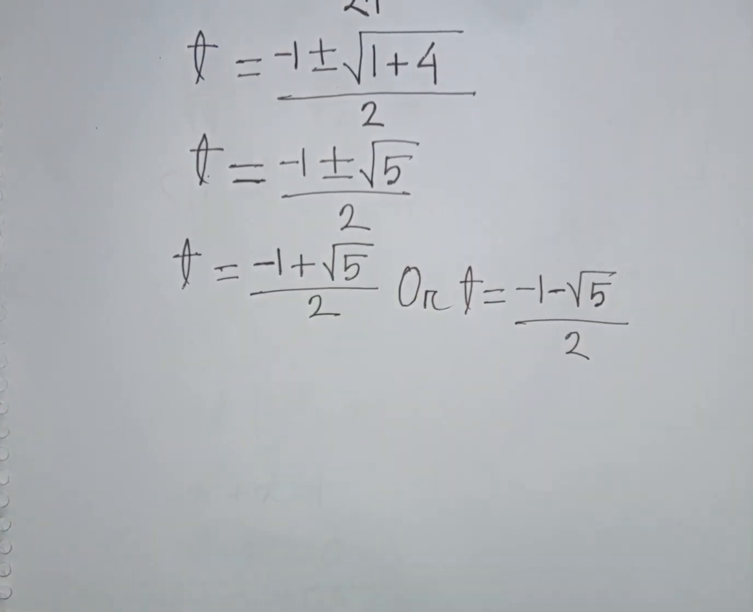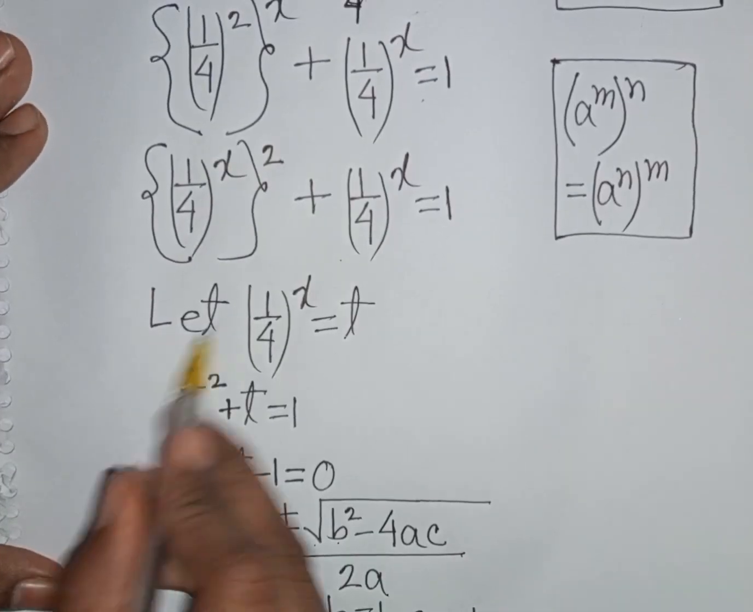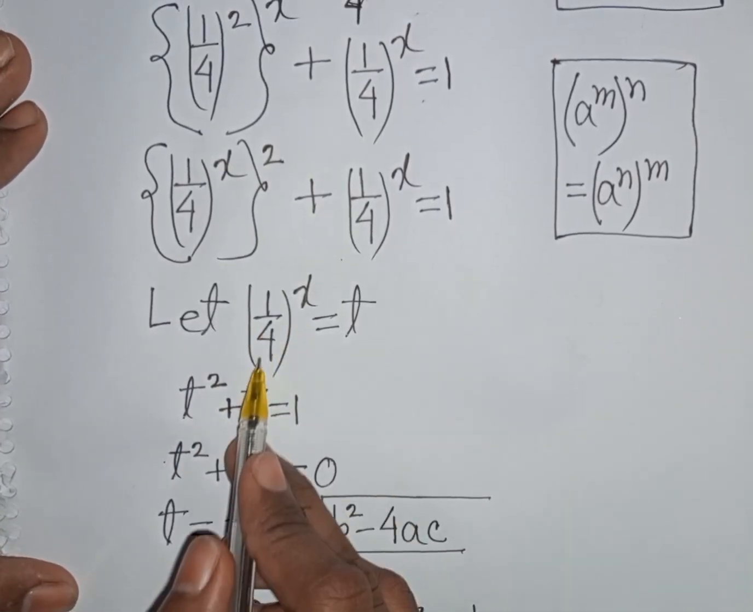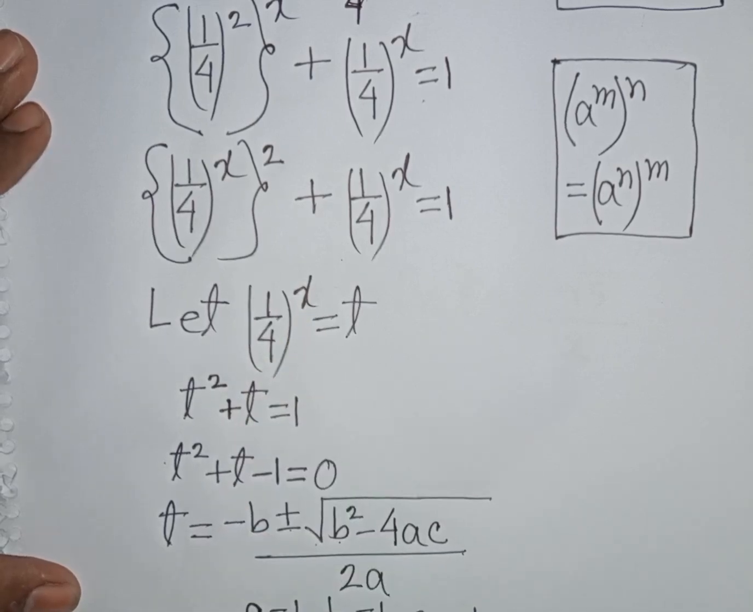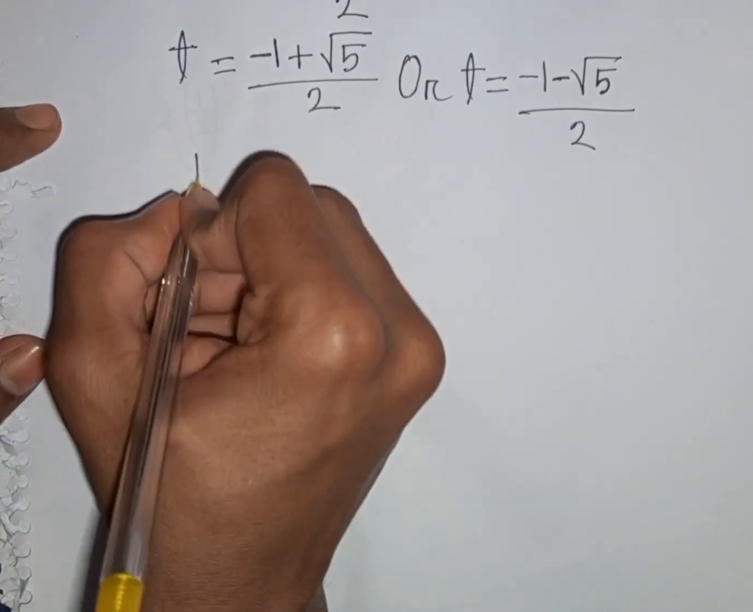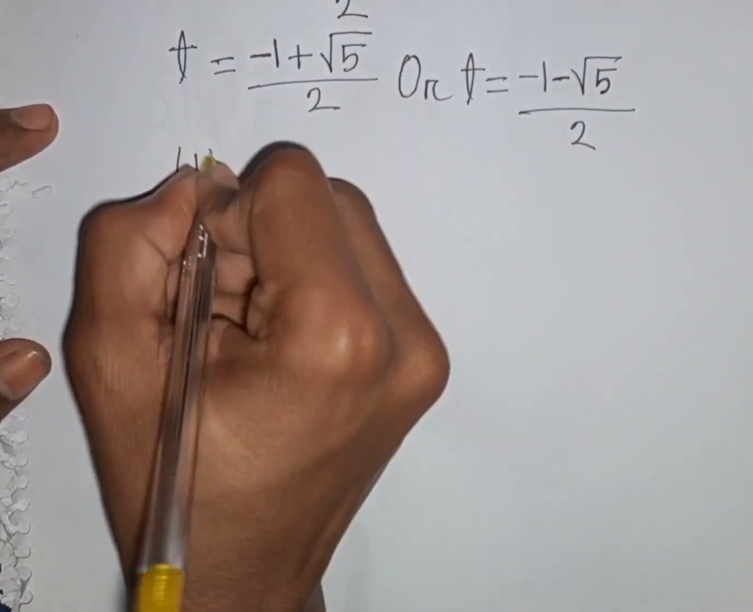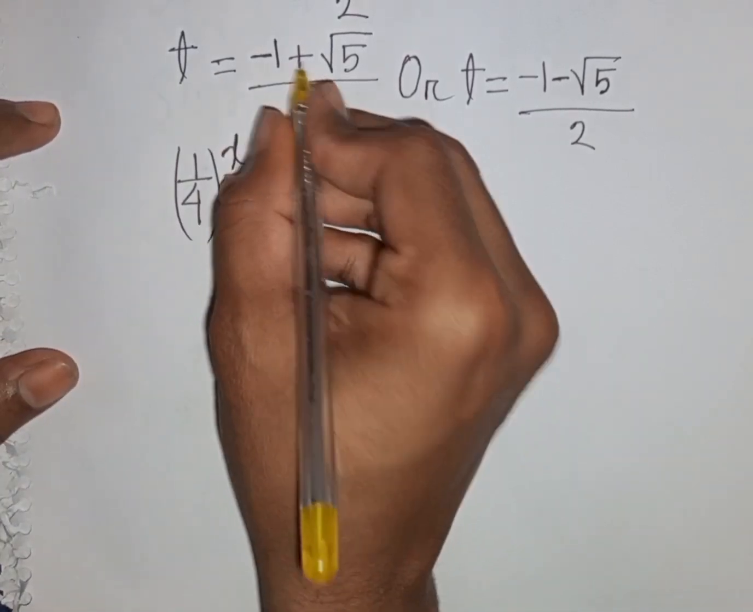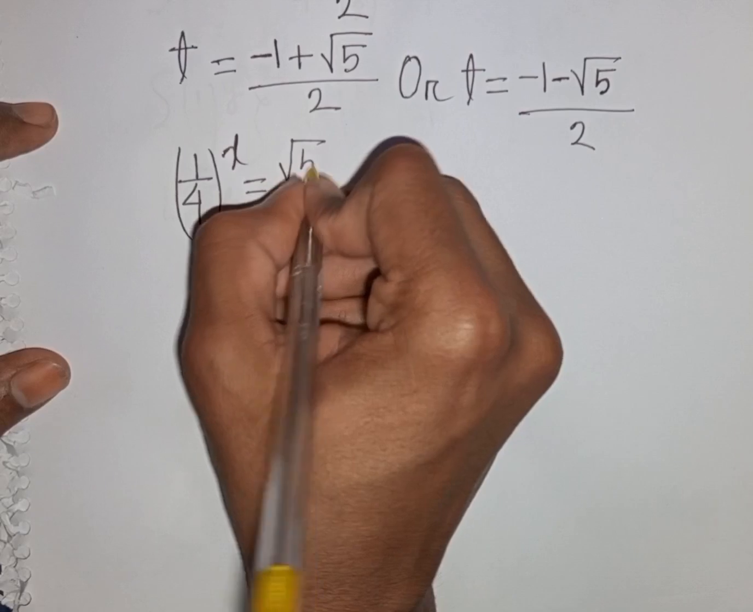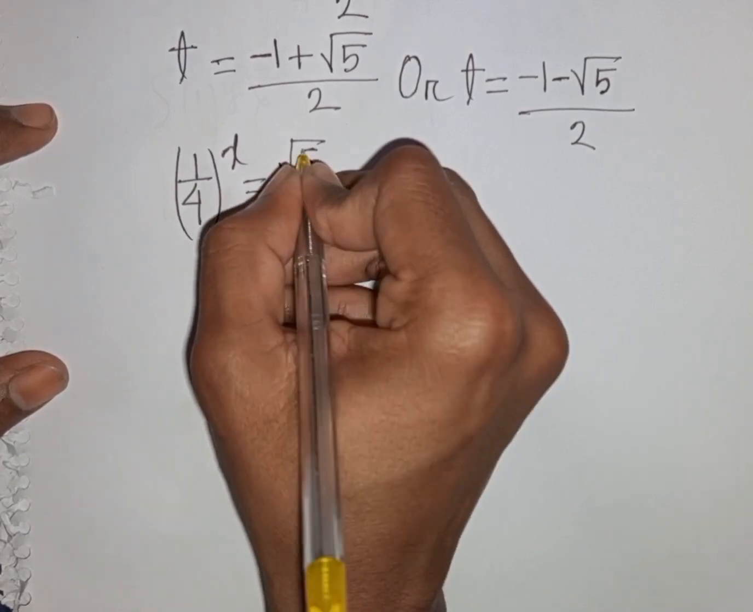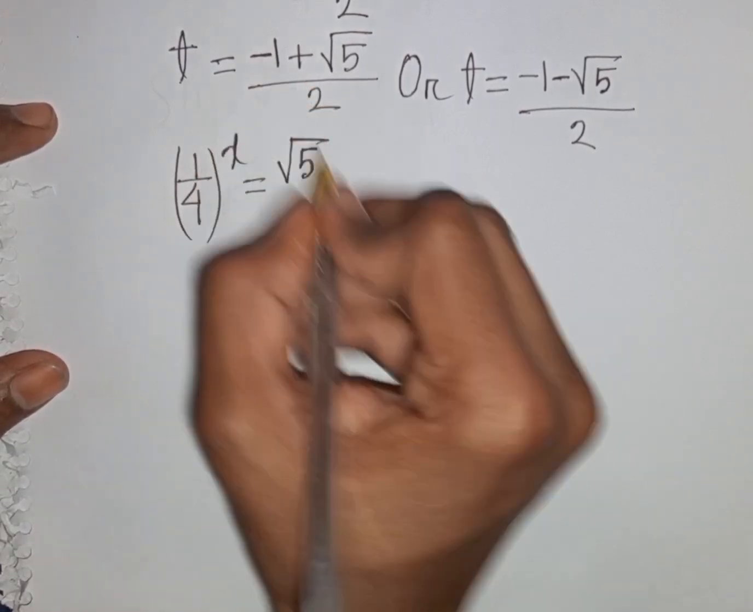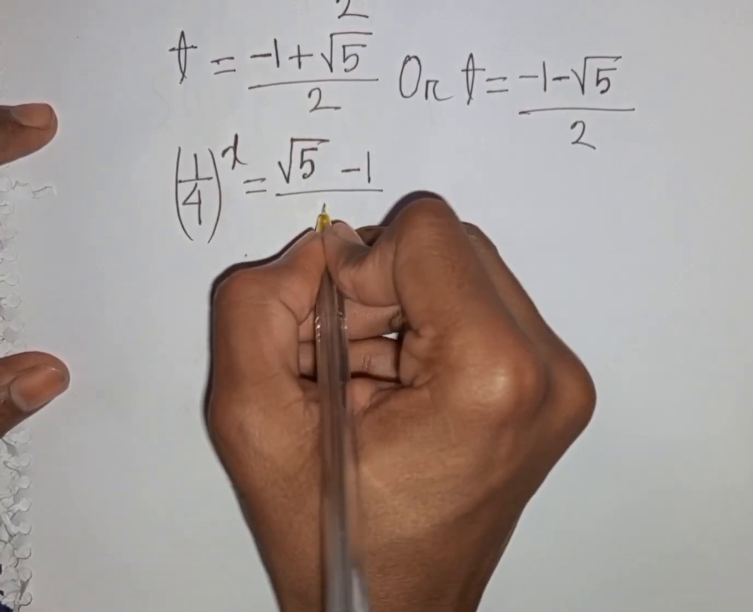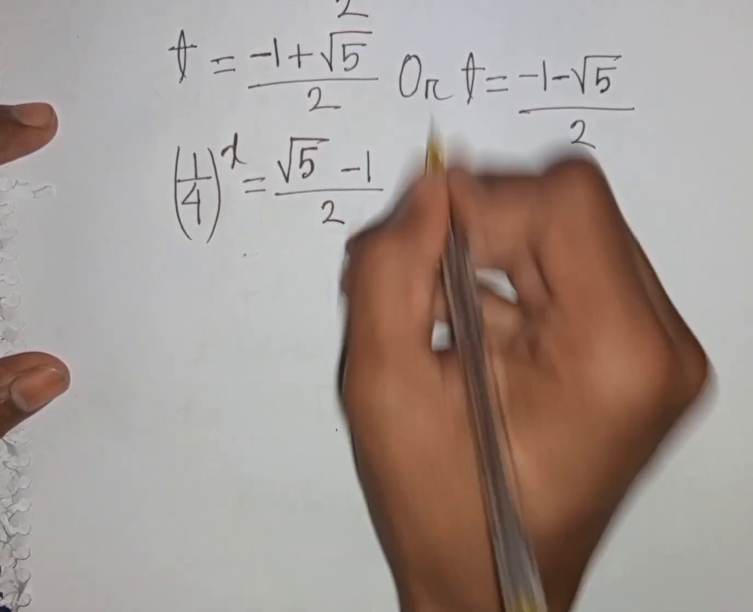Now, remember that we let (1/4)^x be substituted by t. So t means (1/4)^x. So (1/4)^x is equal to plus square root of 5 minus 1, divided by 2, or